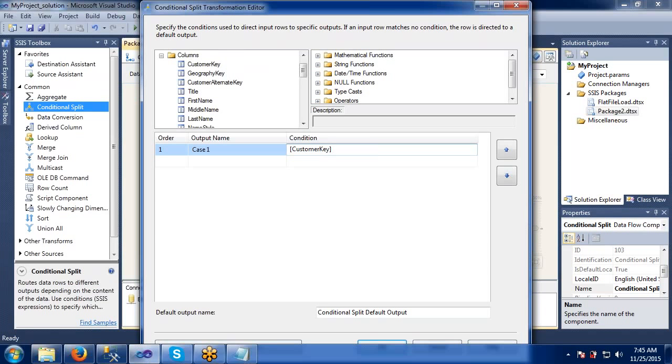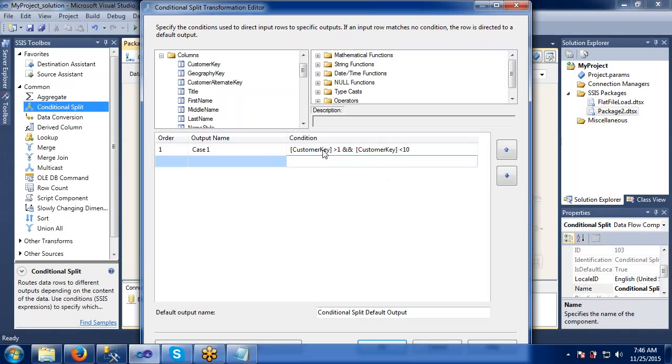The CustomerKey column should cover the first 10 records, meaning greater than 1 and less than 10. The CustomerKey value should be greater than 1 and less than 10.